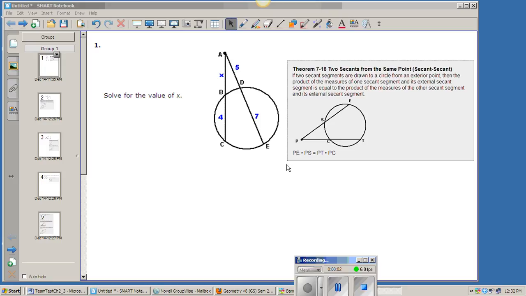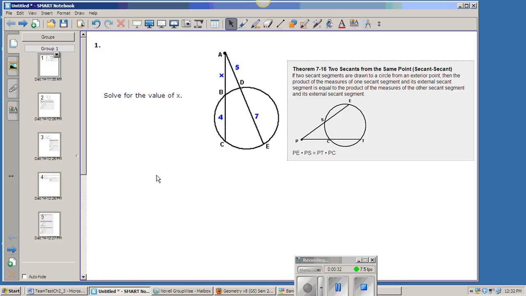So for problem number 1 in this section, I would use theorem 7.16 because I can see that it's a circle, and then there's two lines going into the circle, and they both lead to the same point, which is A. And so just to transfer what's in that theorem to this particular problem,